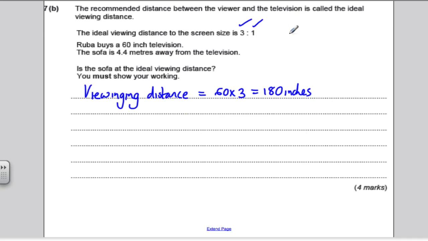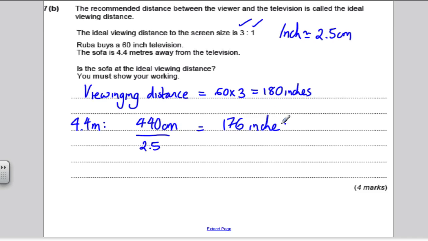Now, you need to know a fact here that an inch is approximately 2.5 centimeters. You need that piece of information. So let's check if 4.4 meters is the ideal viewing distance. So let's do a calculation with the 4.4 meters. 4.4 meters is 440 centimeters, and to work out how many inches that is, you divide by 2.5. So you divide this by 2.5 and you get how many inches that is. 440 divided by 2.5. You get